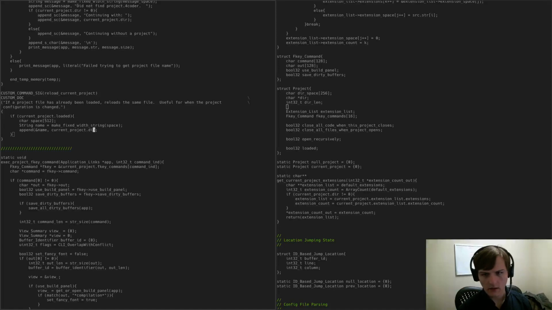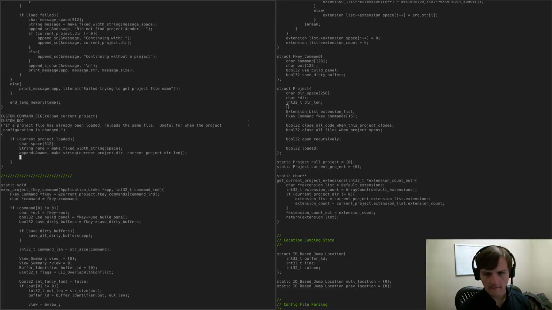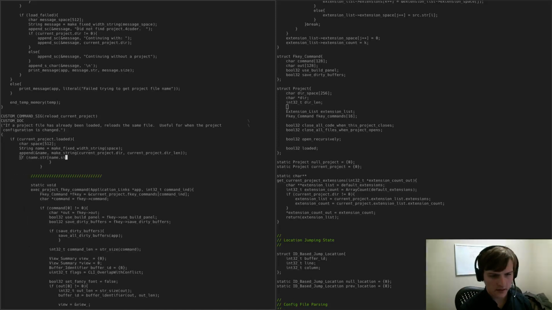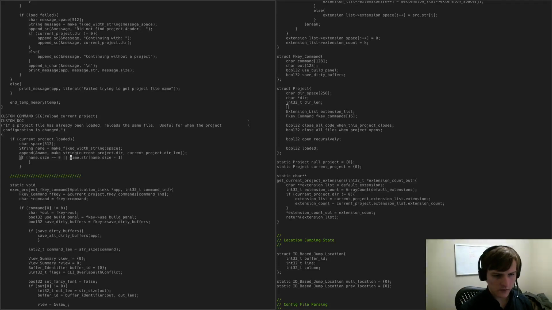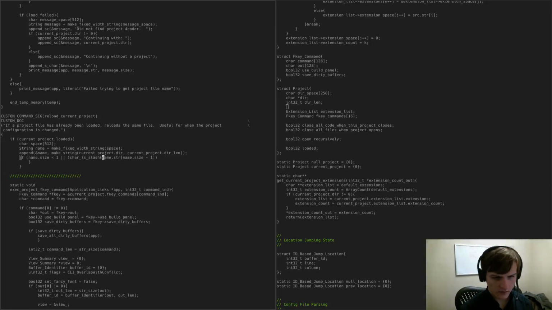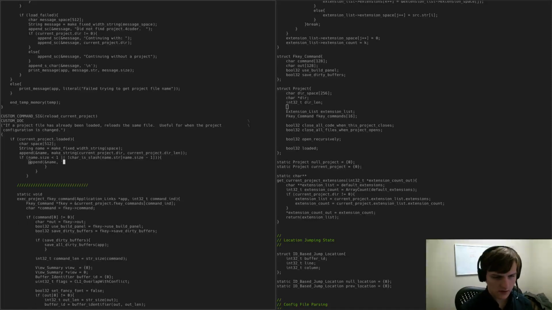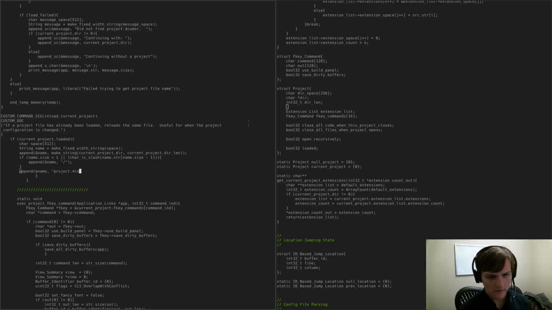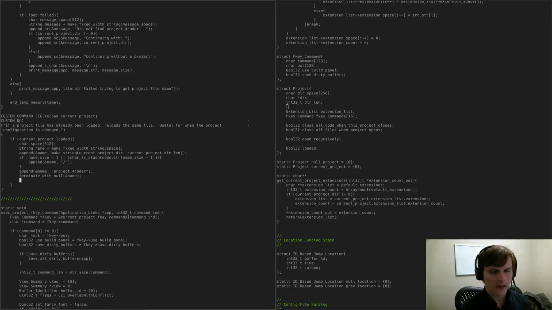Then append the directory like so. And then append onto that if, well, first of all, if name.str name.size - 1, size equals 0, or not char is slash, then append onto the name a slash, and append onto the name project.4coder, terminate with null, and finally